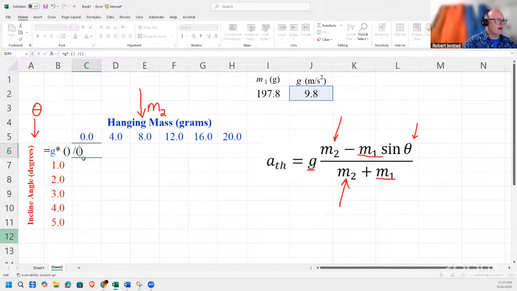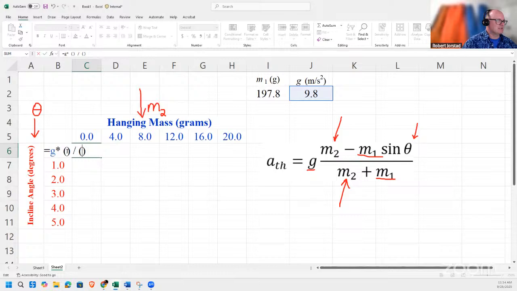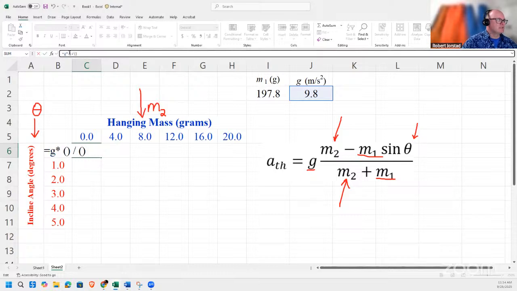And then what I oftentimes do is I'll go up into this function bar up here to do my editing because it's a little easier to see up top, because what happens is as you start typing, things get covered up underneath. So let's go into this function bar if I can get there. And the first thing is M2. So I'm going to click on the first value of M2 or type C5. And then I'm going to subtract M1. That's a constant, M1, times